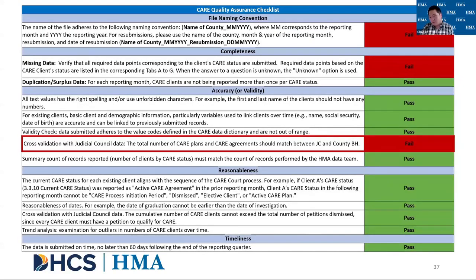Here are all the 13 elements based on the cut metrics. We will tell county which element failed and which element passed. Tab A to tab G will list all the detail at the individual level for the failed elements. As an example, for the accuracy dimension, as you can see in the graph, in the picture, you will see